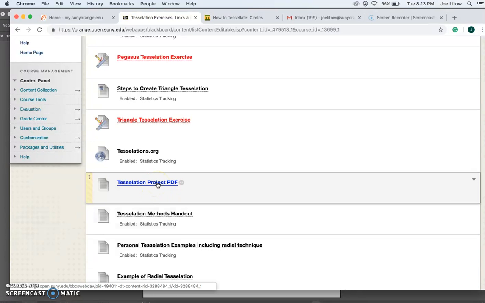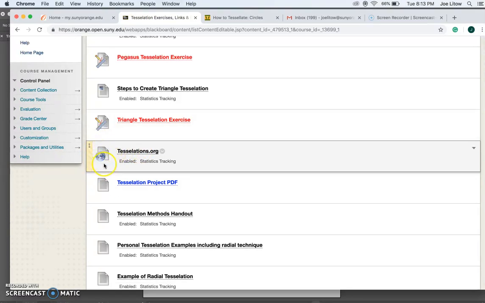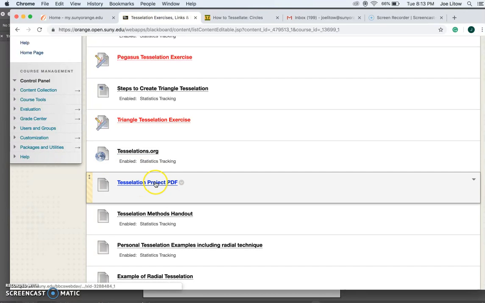Incidentally, anytime you see an item in blue, it's something that should be studied, and it is a document, it is a file. Going up to tessellations.org, this is a website. Websites cannot be color-coded, so whenever you see this icon, that indicates it's a site that you should visit for a particular project.